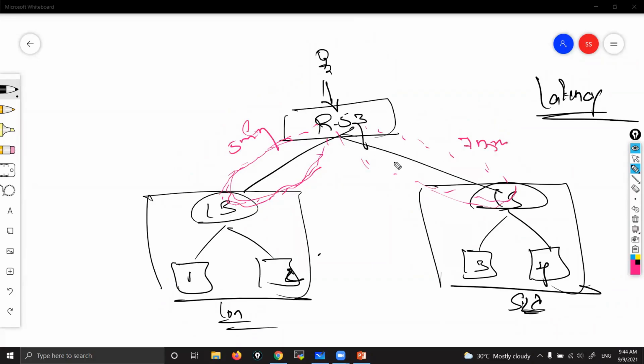Always it continues to do this. So that means Route 53 always has the data about the latency. Now when they try to access, the request will be routed to London because here it is getting a quick response. That is purely based on network latency.